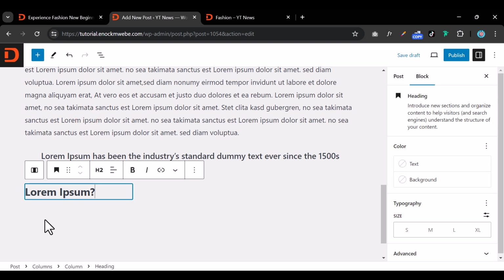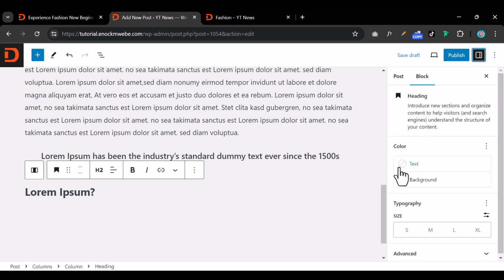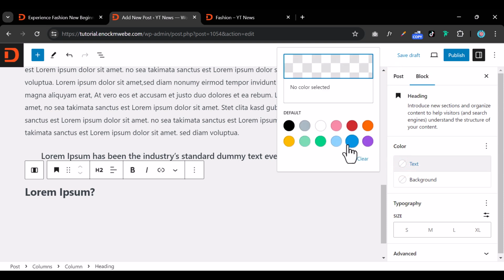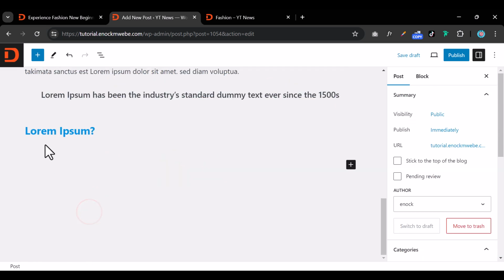So to change the color of the text, make sure this setting widget is here under blog, not under post but under blog. Click on text and set that to blue, and that looks fine. Okay, so now